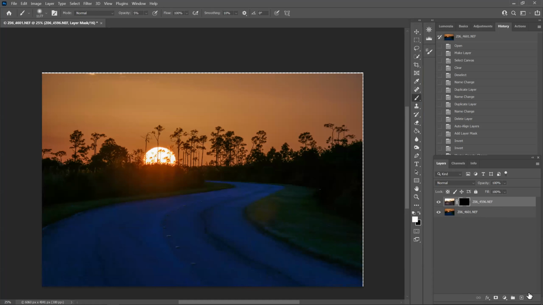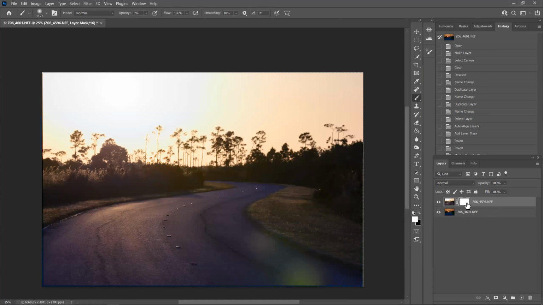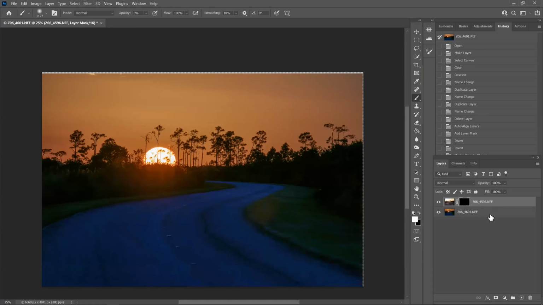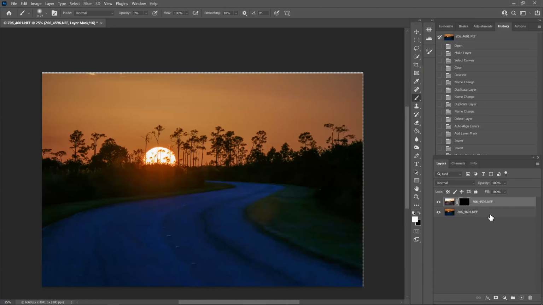I don't usually do that because I can't think that far in advance. So if I just hit this, I create a layer mask, it's white, and I want it black, I just invert it. The way to invert is Control or Command I. So you hit the Control or Command button, and then the I button, and it changes it. And you can go back and forth. Isn't that something? So that's how I do that.